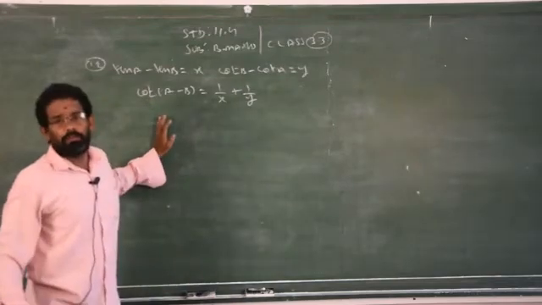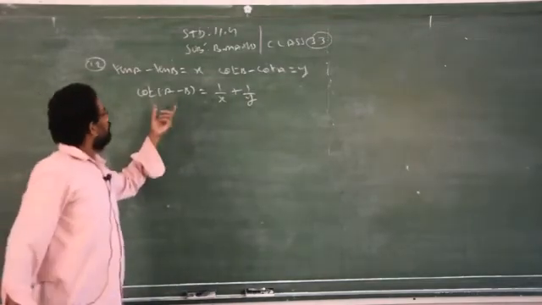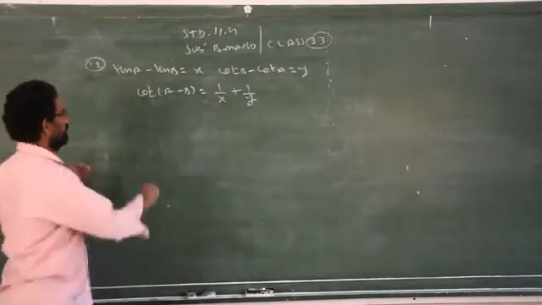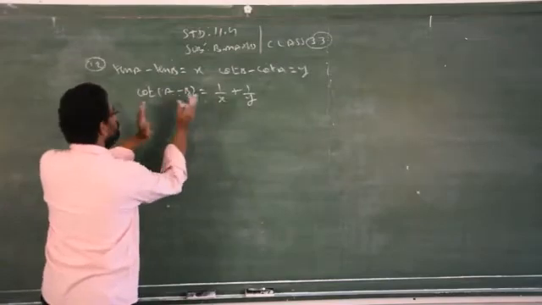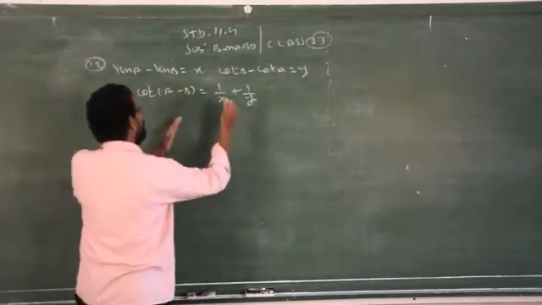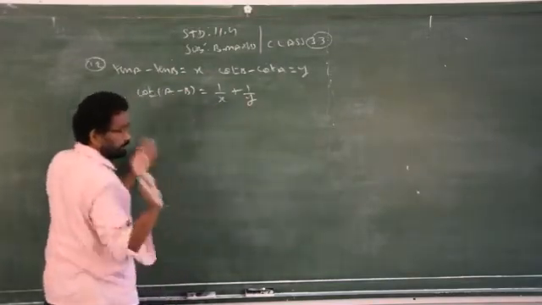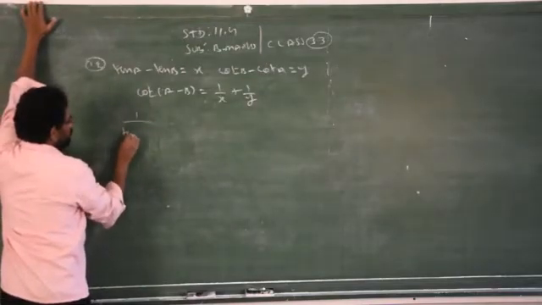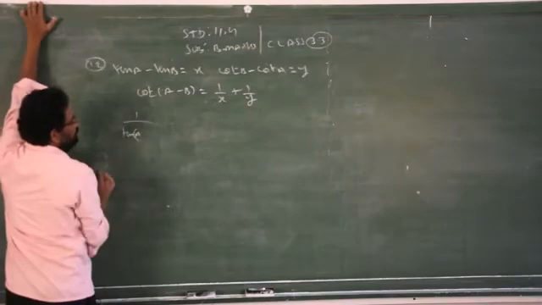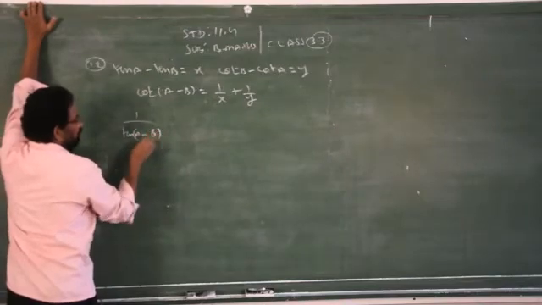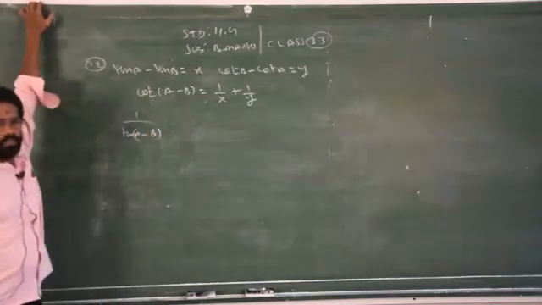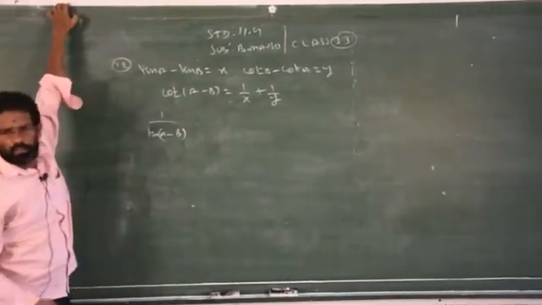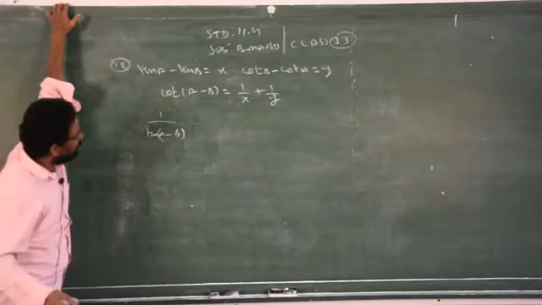You are allowed to prove from left side to right side or from the right hand side to left side. So now I am starting to prove from left side to right side. If you want to prove from right side to left side, that is your wish, you can do it, no problem. We don't have a formula to find cot(A minus B) straight away, but we have a formula for tan(A minus B). The reciprocal of tan(A minus B) is known as cot. That you know very well. 1 by tan theta is cot theta.